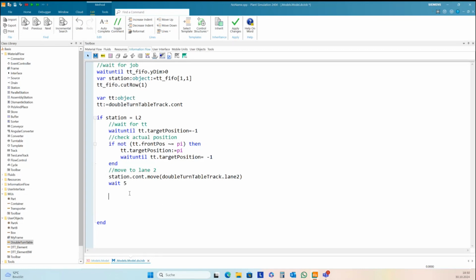And so I need to double turntable track lane 2. Point, move. L4.